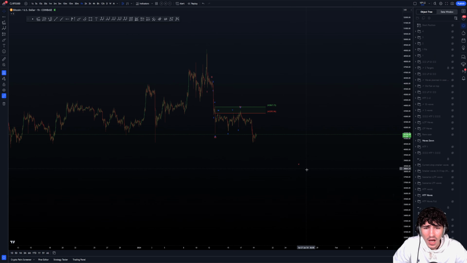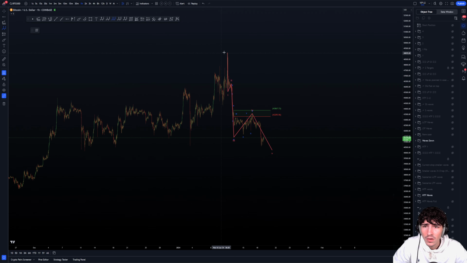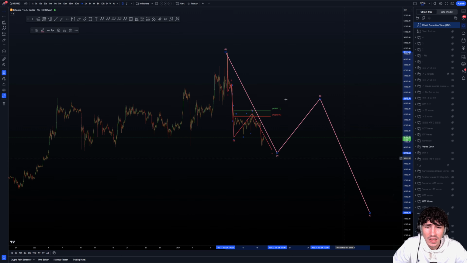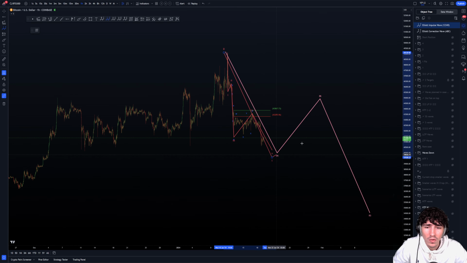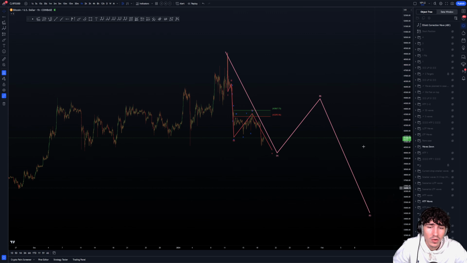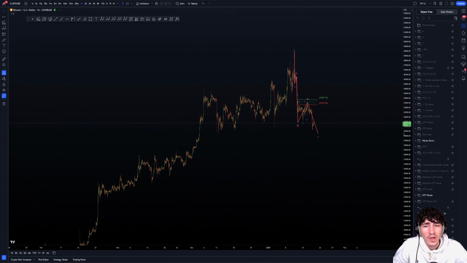So to speak here, after these 5 waves are done, we can simply look for a bigger A, B, and C, or bigger, it depends how far it goes with this drop here, a wave 1, 2, 3, 4, 5, a bigger drop to the downside here. It will be for the higher time frame plan.